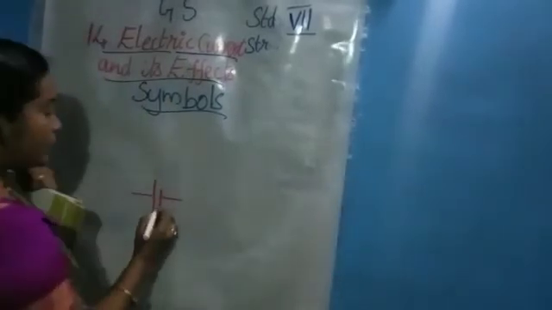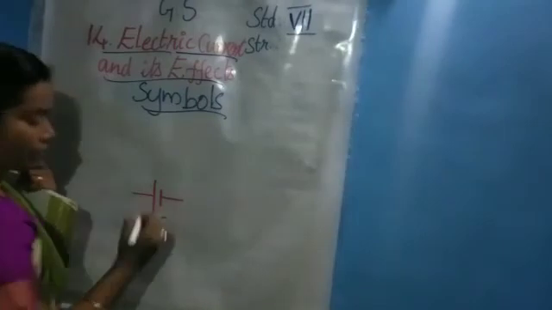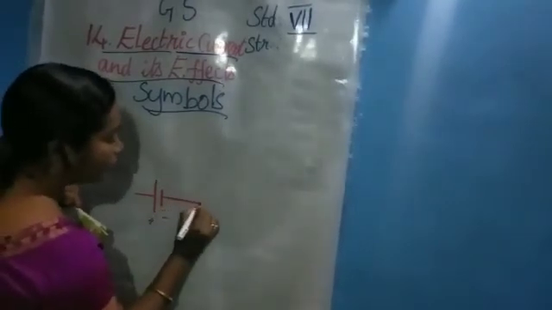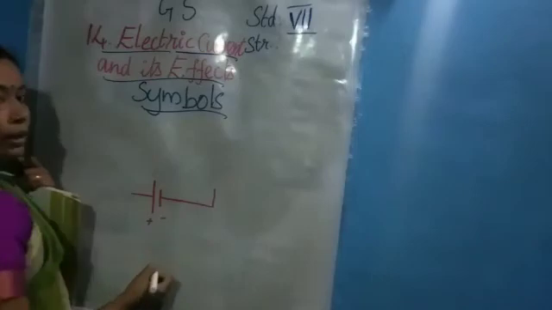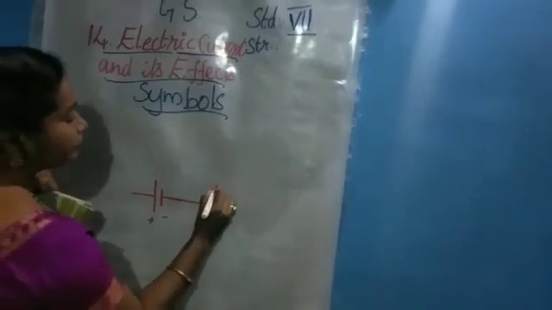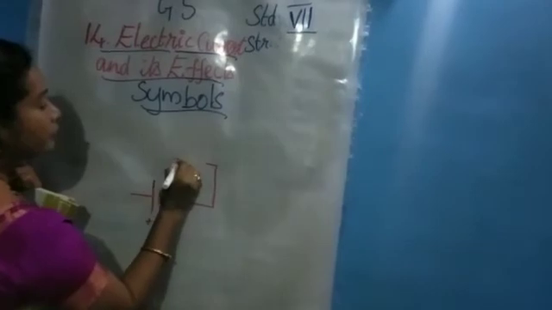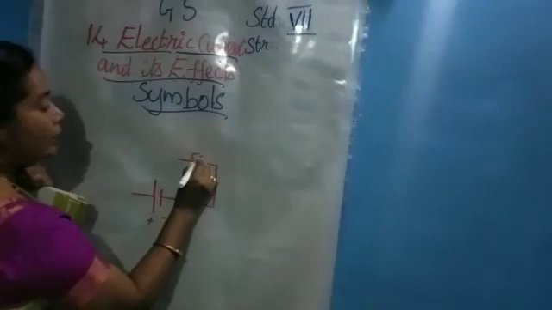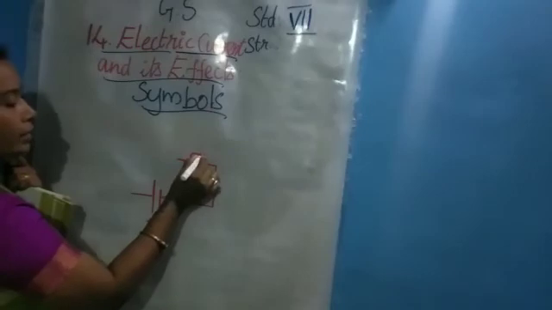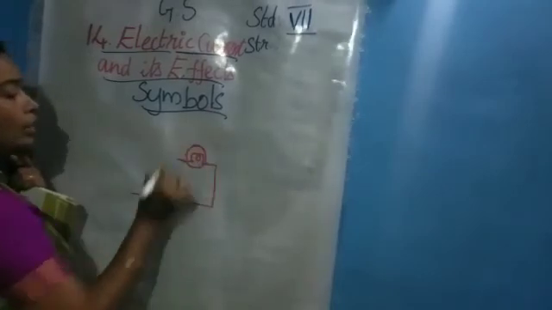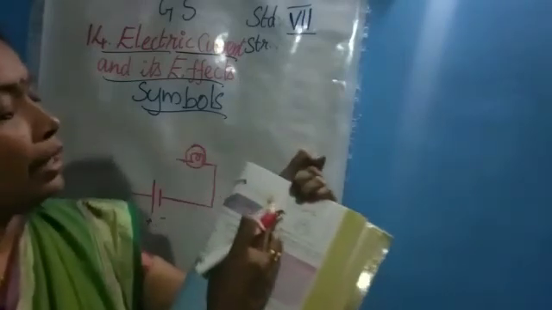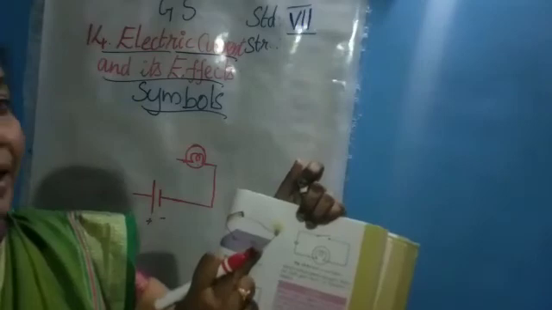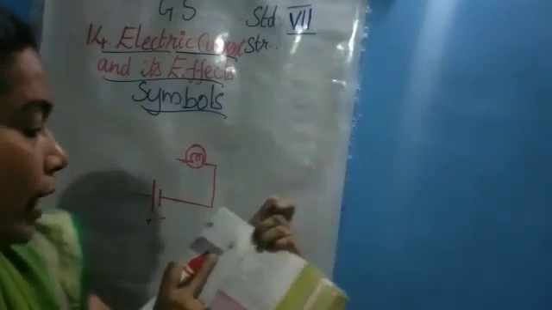So the negative end is this one, isn't it? This is positive, this is negative. From this, we may draw the bulb here. How will you draw the bulb? Like this. These lines are connected on two sides, and around this we draw a circle. So it shows the bulb. Then the other end of the bulb is connected to the switch. One switch is there, isn't it?